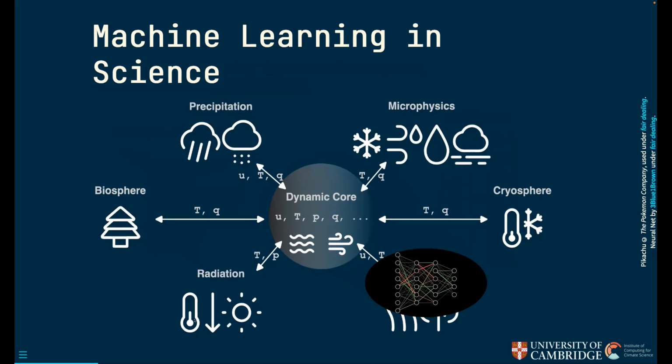So whilst the rest of the model, the core, say the microphysics, goes unchanged, we want to look at replacing one small part of this with some kind of neural net. And this might be for a number of different reasons. One example is these processes, particularly if we think about microphysics or radiation, are often incredibly computationally intense. So if we can learn a neural net emulator that runs much faster, then we have the option to speed these models up, thereby delivering your forecasts quicker or allowing us to run more ensemble models.